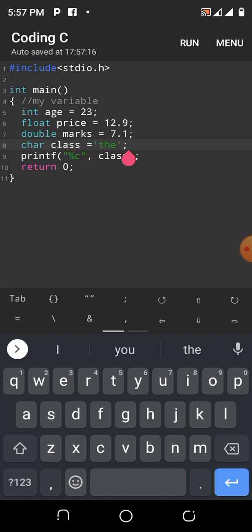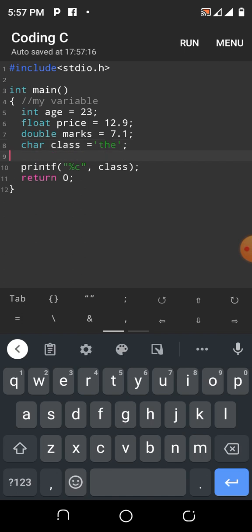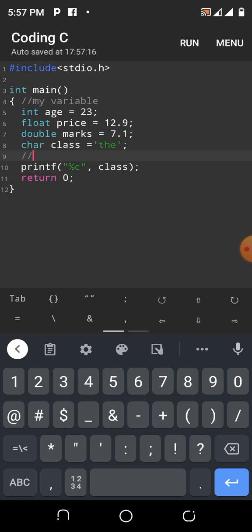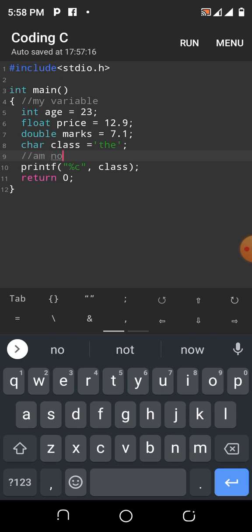You can write as many comments as you want. Maybe on this line I want to say now that I'm now printing. So you can use these comments to describe what a certain line of code or lines of code are doing,